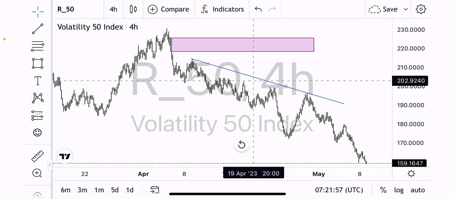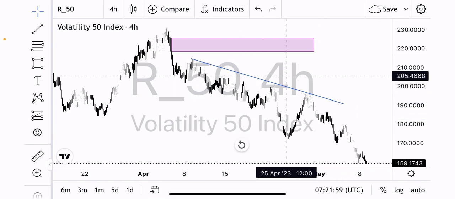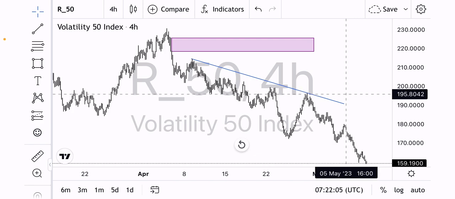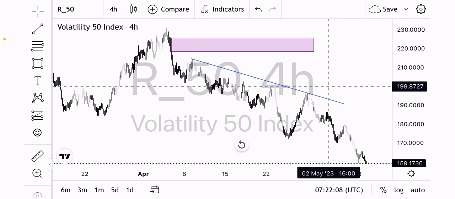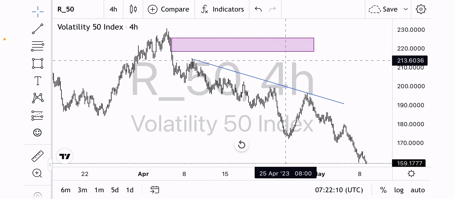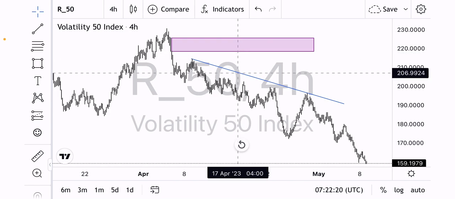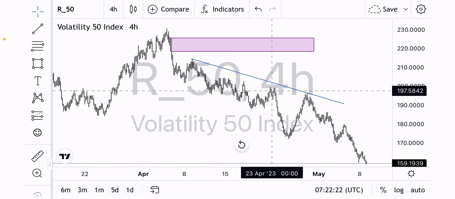You can see markets will definitely take all these areas, and then it will take a whole lot of traders out, because a lot of people have been placing their stop loss here. A lot of people will place their stop loss at this high, at this high. But when market decides to come back into its origin, it will take out all those week to week mitigation and come back to the external and come back to the origin of the market.